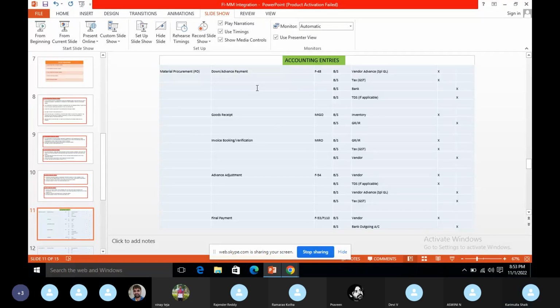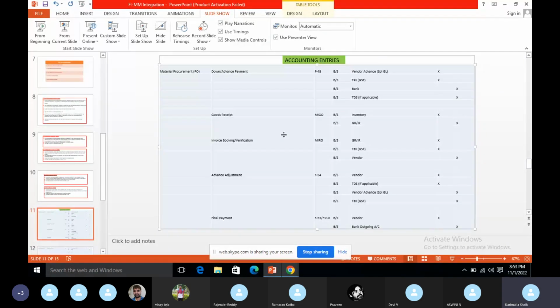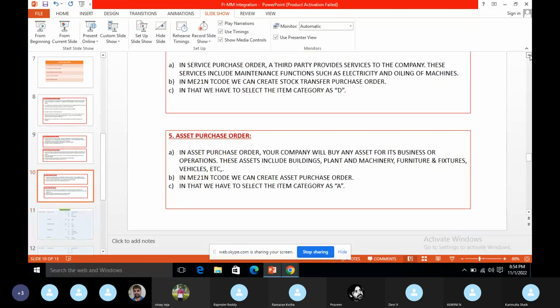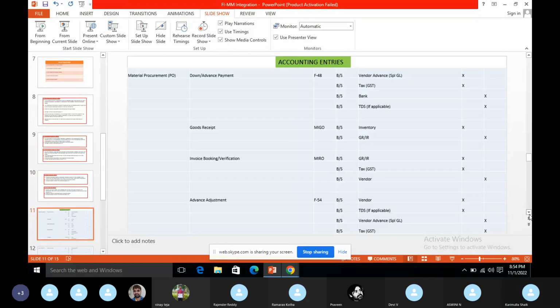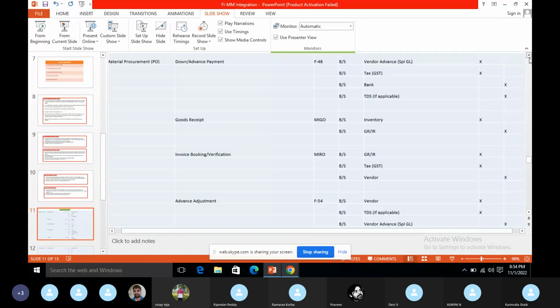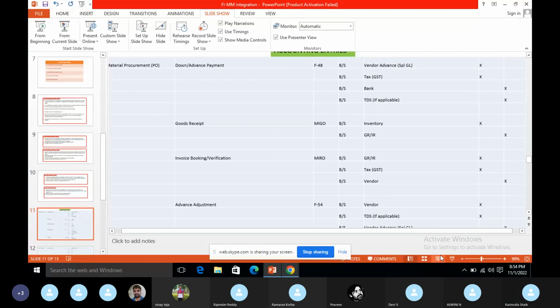If you can see, or you want me to zoom, we'll zoom it. Okay, material procurement. For down payment, the T code is F-48 and the entry is